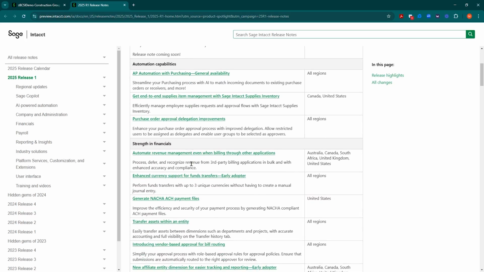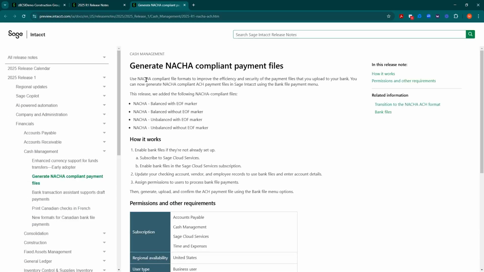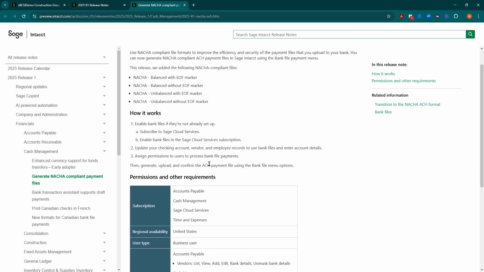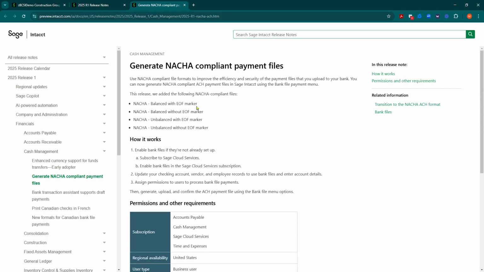But if I scroll down here, you're going to see Generate Nacha ACH payment files. I recommend clicking on that. The reason is, number one, it's going to tell you about the files we're explaining now. It's also going to tell you what needs to be turned on and enabled inside Intacct and what permissions and roles are needed. But the most helpful link is over here, in the related information: Transition to Nacha